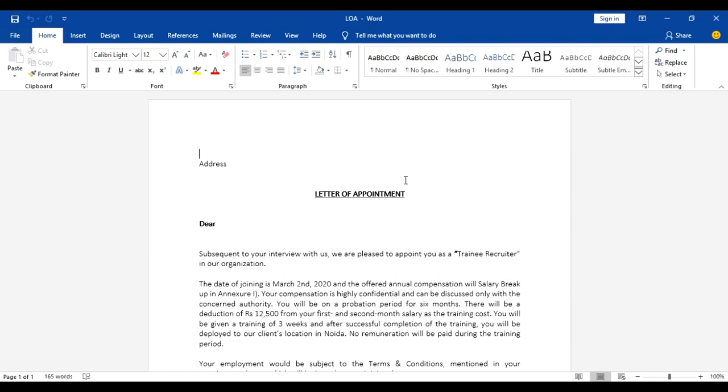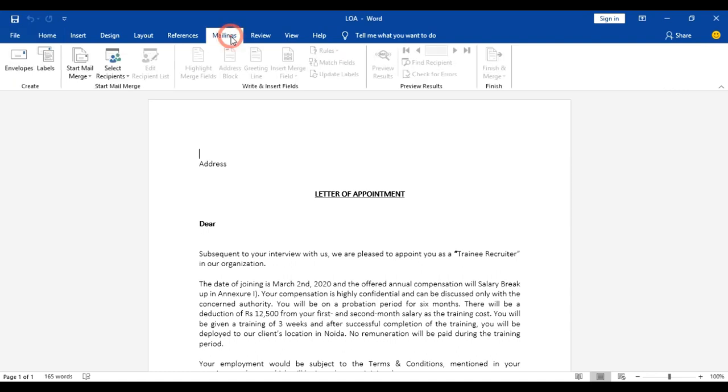You have to click on Mailings, where you can see two options: start mail merge and select recipient. First you have to understand mail merge.